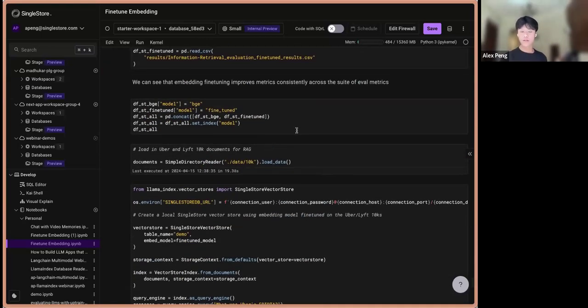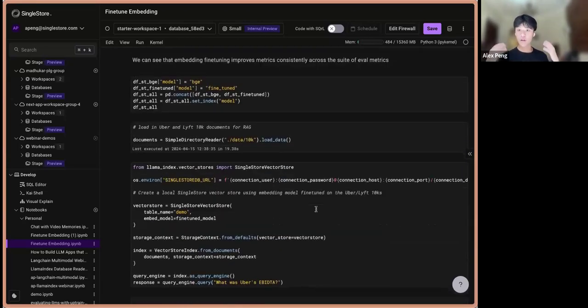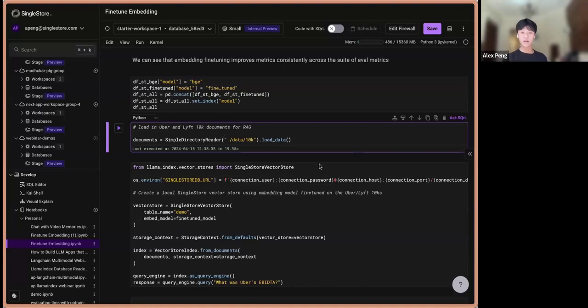So we're going to really quickly skip through the rest of this evaluation stuff here. And I want to give everyone a quick primer on how to actually use your fine-tuned model and test it out on your personal documents. And that's really just going to be all using LlamaIndex. We're just going to be